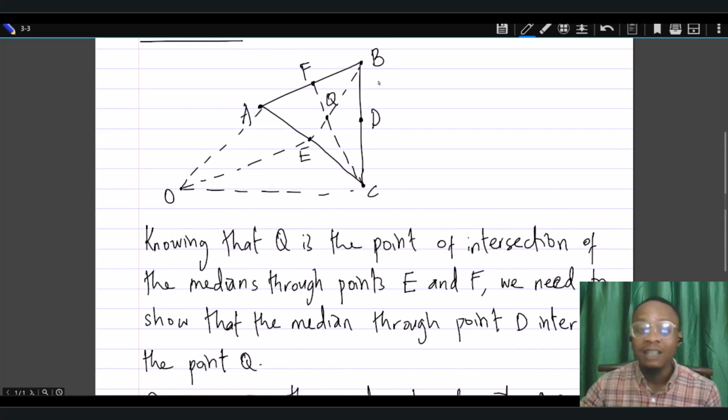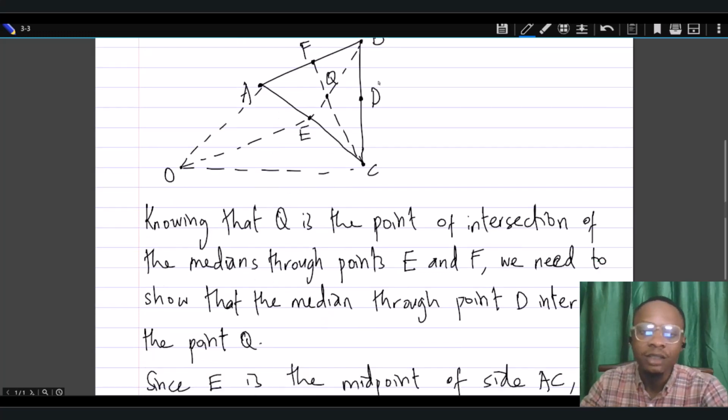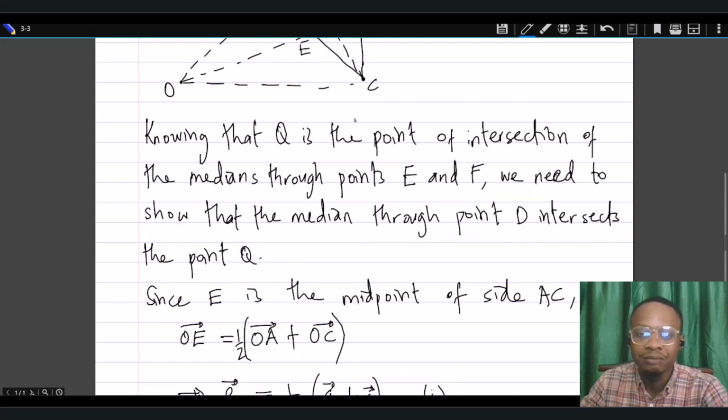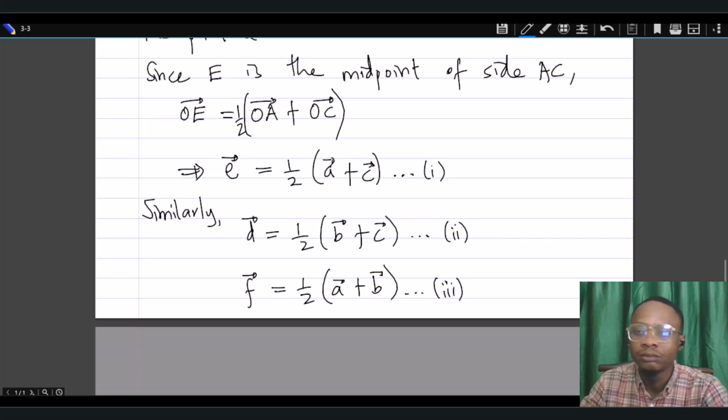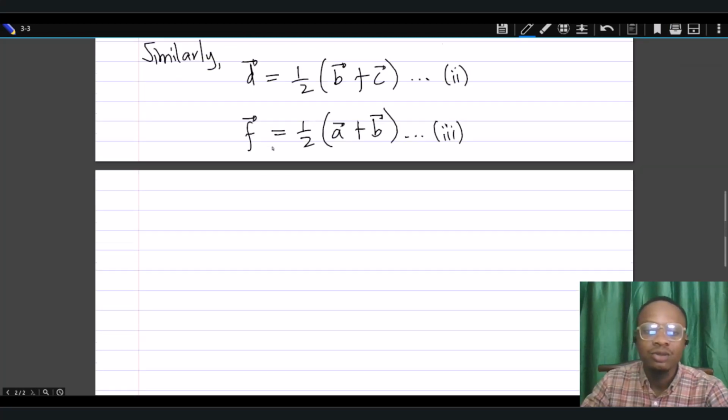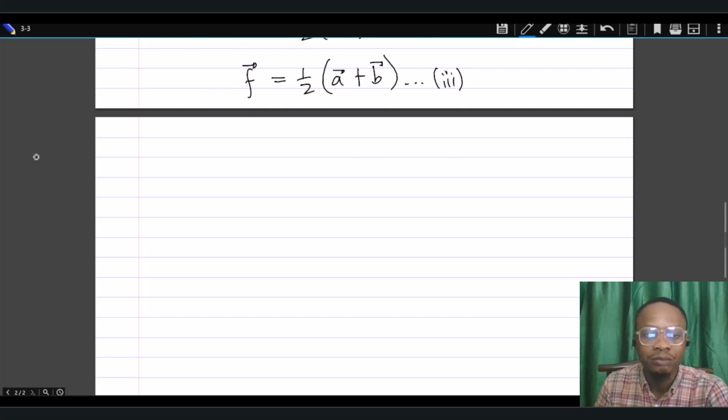And don't forget what the implication of collinearity is. If two vectors are collinear, we've talked about that already, it means that we will be able to write one of them as a multiple of the other. Okay, so let's have an additional page first. So we now say, furthermore,